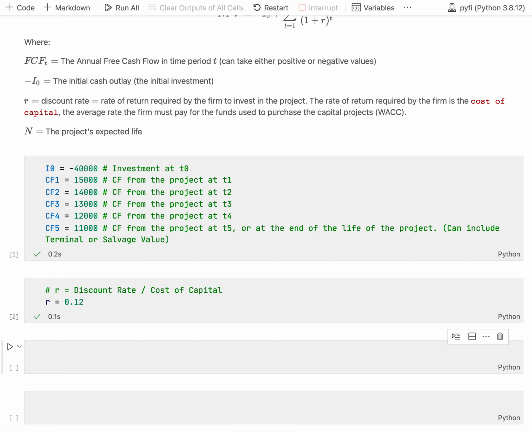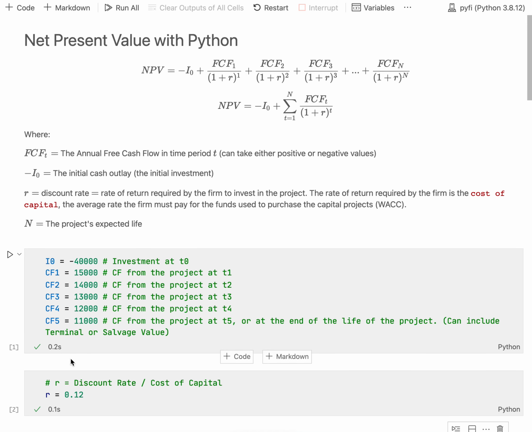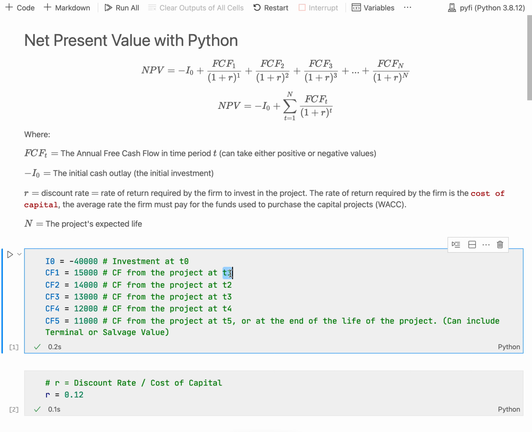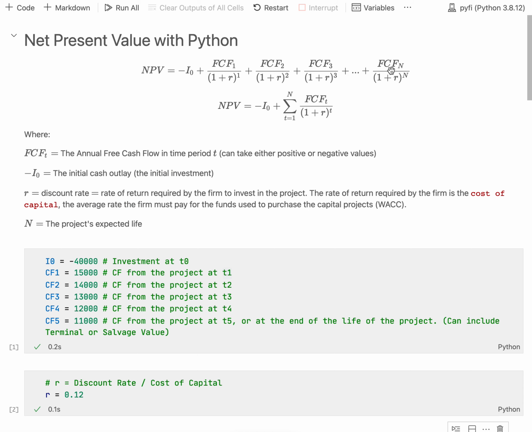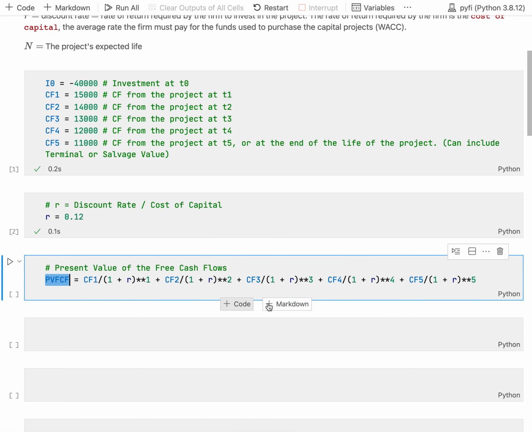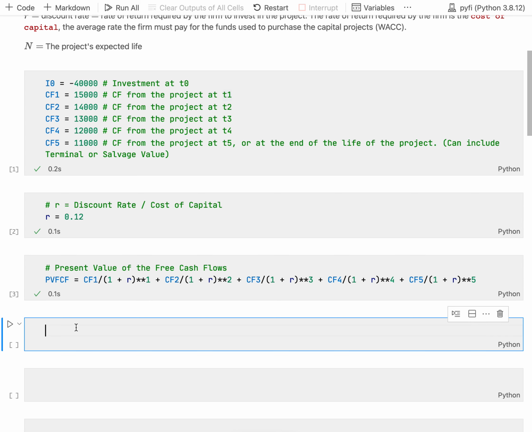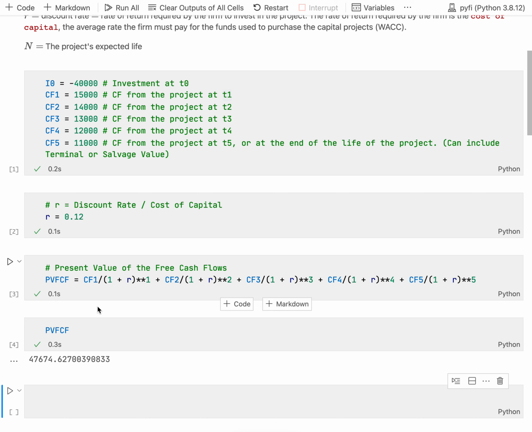So the first way to calculate the net present value, and perhaps the most cumbersome and the least practical, is to follow exactly the first formula. Right, so we're going to be focusing first on calculating the sum of the discounted values of every single one of the cash flows received by the firm from the project, which range from T1 to T5. So we will call this variable the present value of the free cash flows that corresponds to this part of this equation. So the present value of the free cash flows we're going to be calculating is going to be equal to